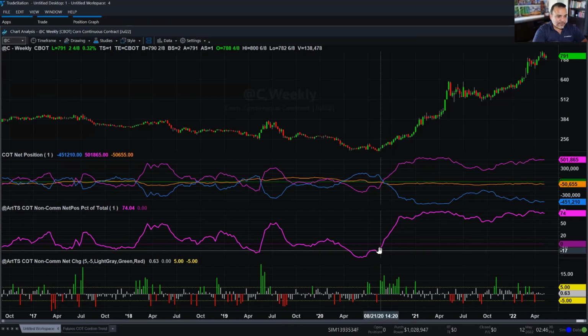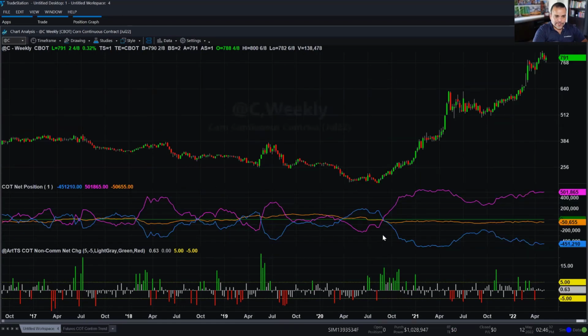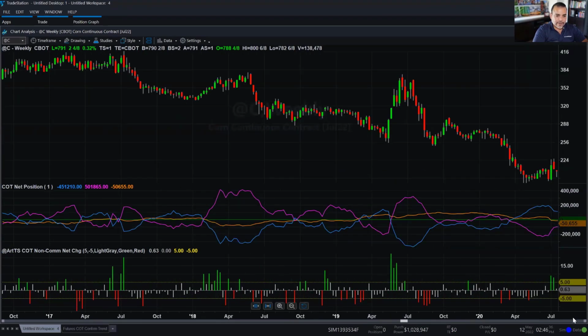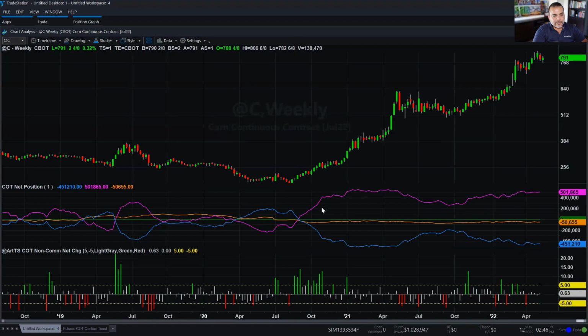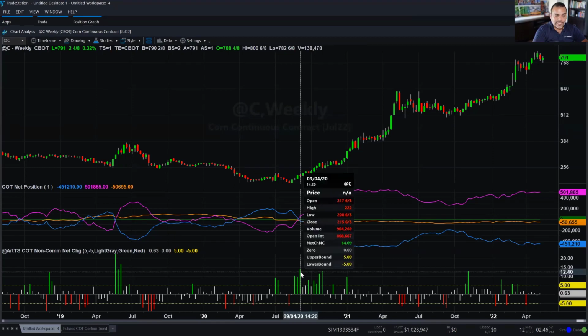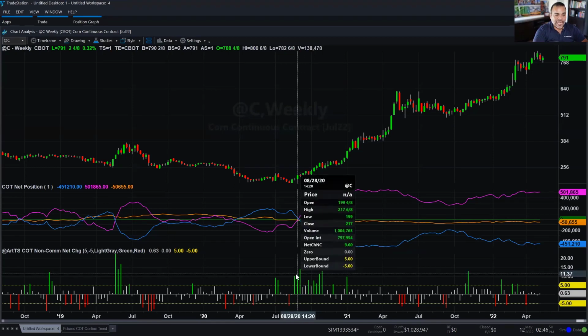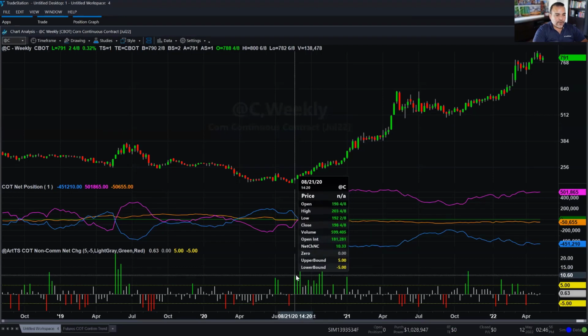Let me take out this middle one. That was just an indicator that I wanted to give you guys. But if you look at, for example, what was happening right here, those big jumps of net position to a higher value and a higher value are reflected by these green spikes. And it tells you specifically what percentage was that from 1 week to the other. So I know it's hard to see, but you can see it's right there in the data tips window.